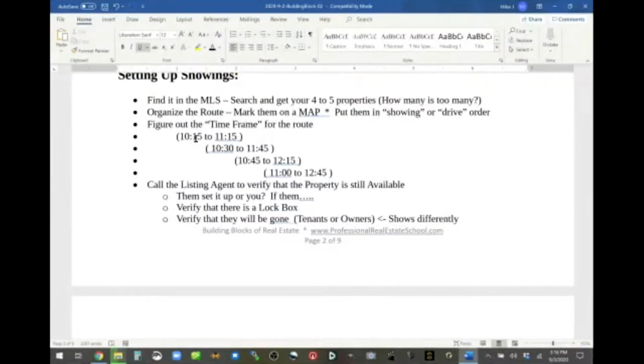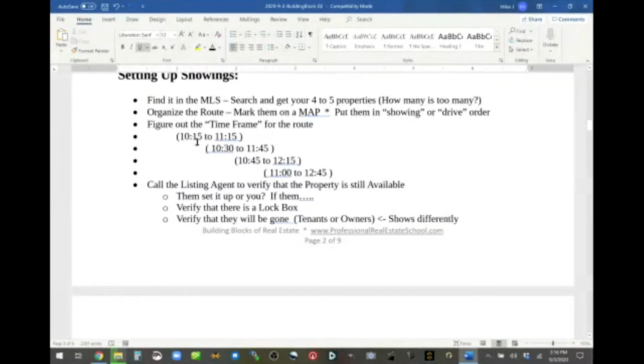You're saying, well, that's an hour. It doesn't take that long to show a home. I know. But if I got there at 10:20, because the people were a little bit late, I have a time frame for the seller to be gone. And then after that, I know from 10:15, if everything went on time, and I start off at 10:15,